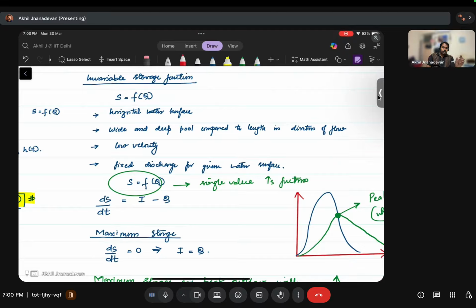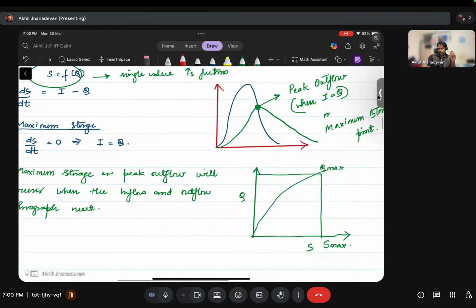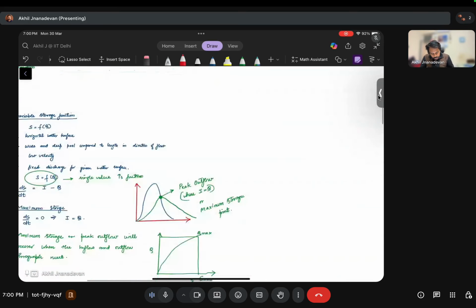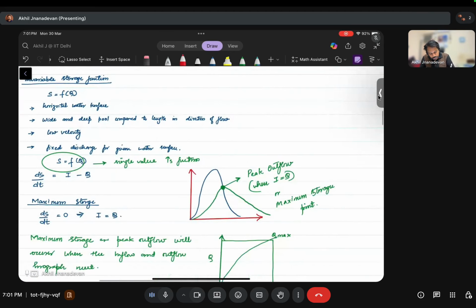Before that, what we need to understand is that the maximum storage point will be the same as the time at which we will be having the maximum peak discharge. So when we equate ds by dt to 0, we get inflow equal to outflow. That will be happening when these both are equal. And if you take a variable storage function,